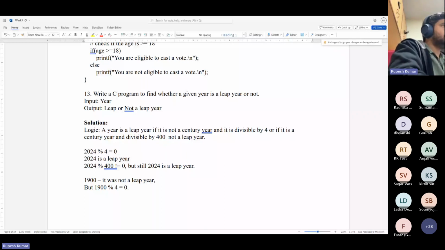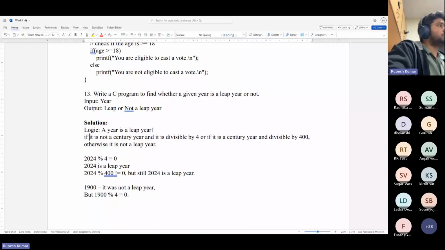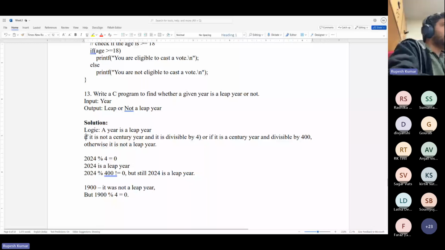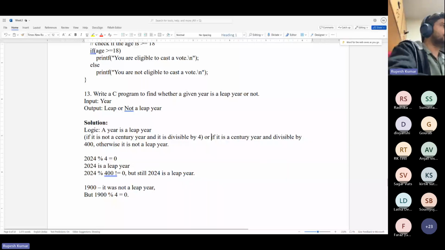Otherwise, it is not a leap year. So now this is the correct logic. If a year is a leap year, if it is not a century year and it is divisible by 4, or so basically here is an AND operation followed by an OR operation. So either of these two can be true. So if it is not a century year,